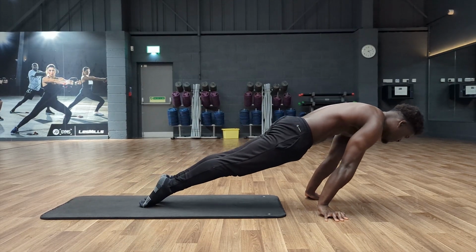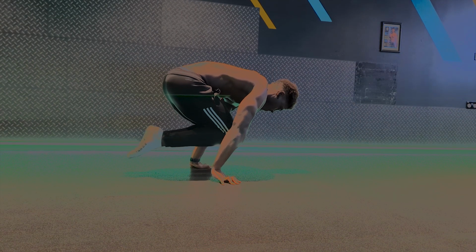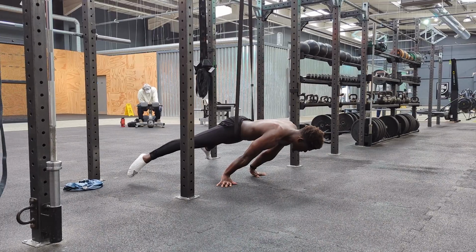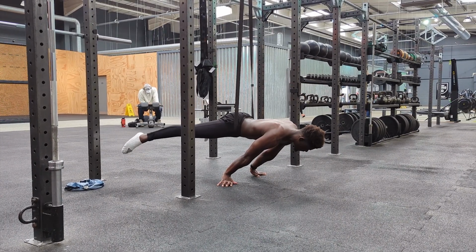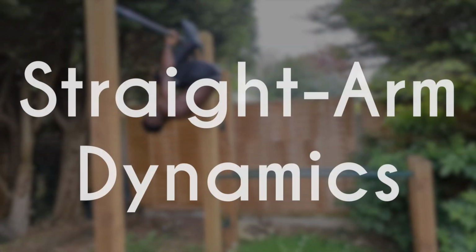Holding longer and longer statics on increasingly more advanced holds will not only lead to strength plateaus as we hit the ceiling that we mentioned earlier, but will also place a lot of stress on our joints, which require conditioning outside of just statics to develop them. There are a couple pitfalls to avoid if you think this calisthenics training archetype is you, but I'll quickly go through the third training method as 2 and 3 are related, and the third method is centered around straight arm